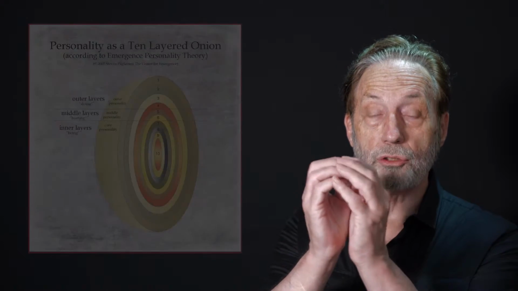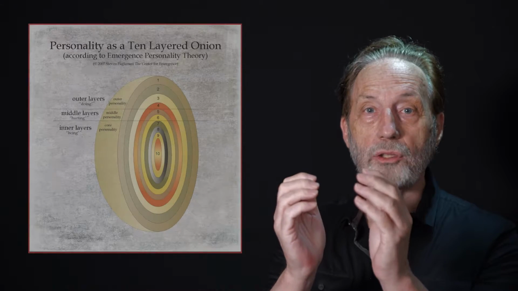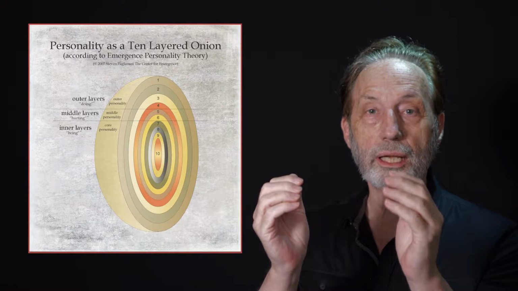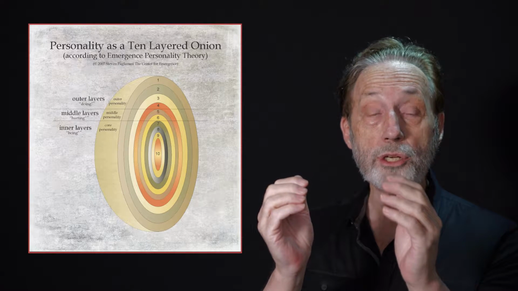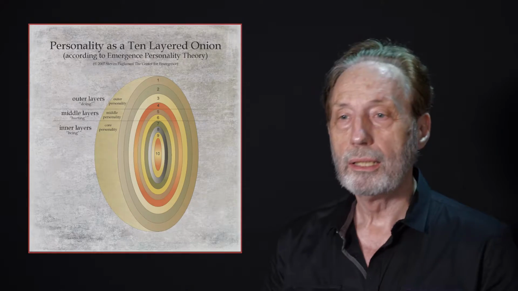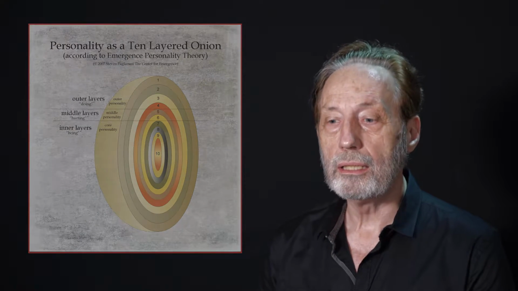the qualities in a computer operating system, in that a computer operating system is somewhat like a metaphorical or electronic onion. There is a kernel, there's a core in the center, and then there's a next layer that connects to this kernel, and then that layer connects to the next layer, and so it becomes a bridge. The second layer becomes a bridge between the first and the third, and so on. Okay, so in the personality theory we're discussing,